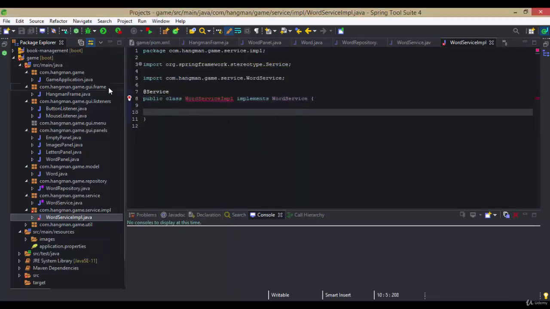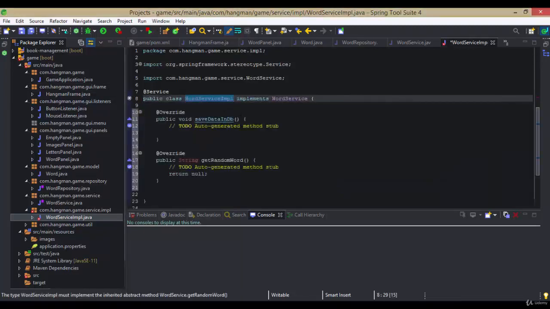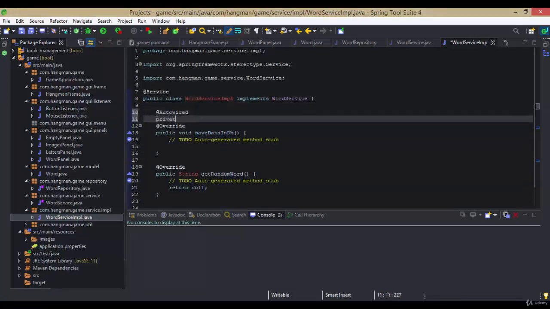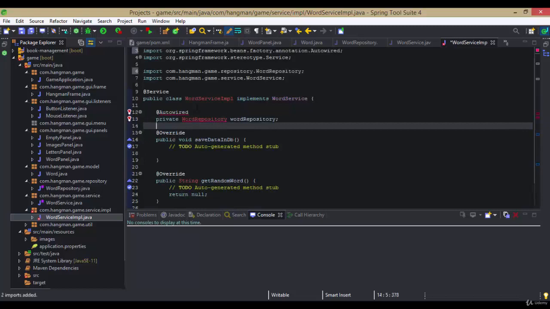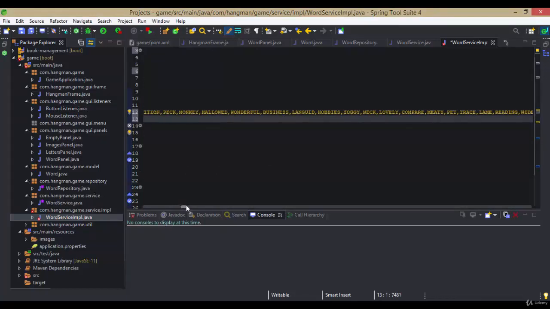Let's also add an unimplemented method so far, and let's also inject the word repository. And for the list of words, I already prepared for you a list of 1000 words that will be stored in the database, so you can just copy and paste this without writing them down. You see there are many words that you can play with,